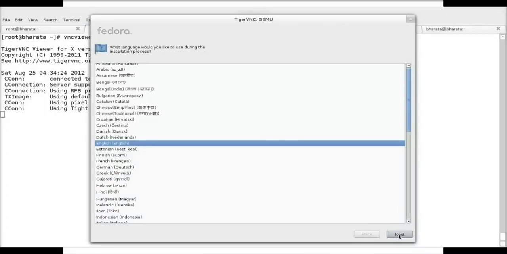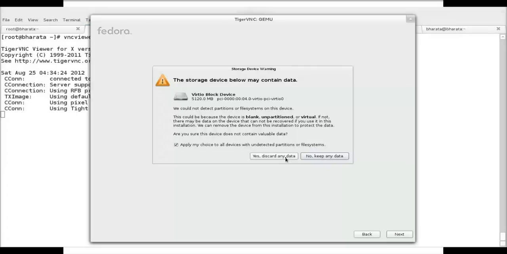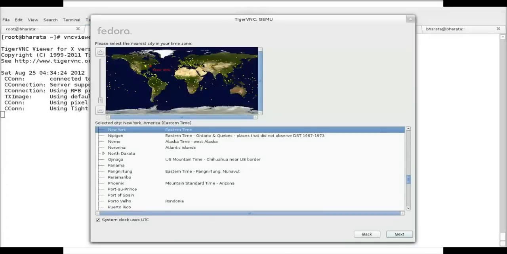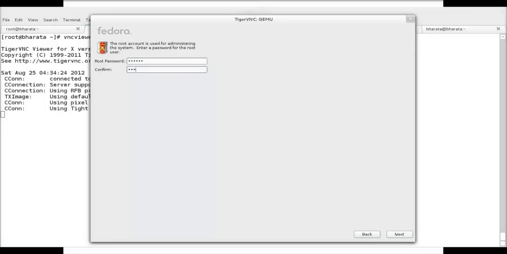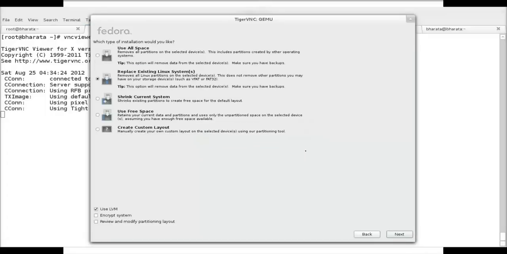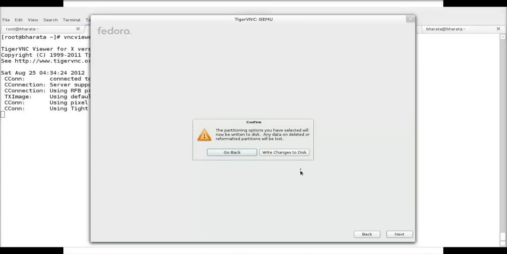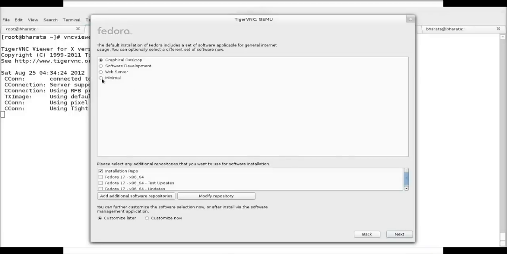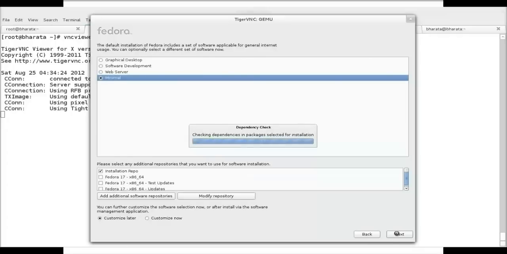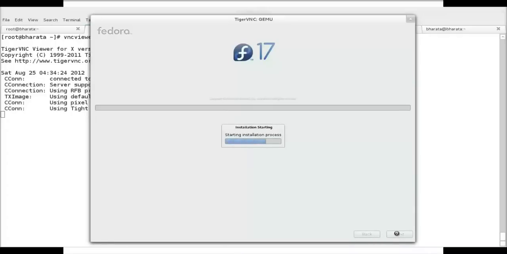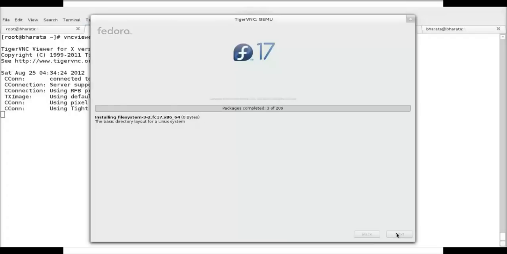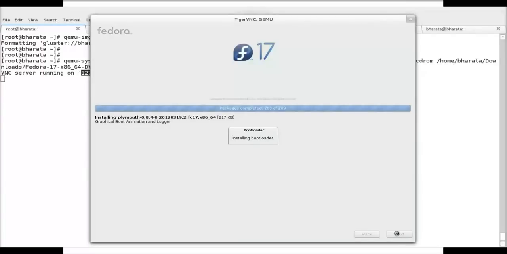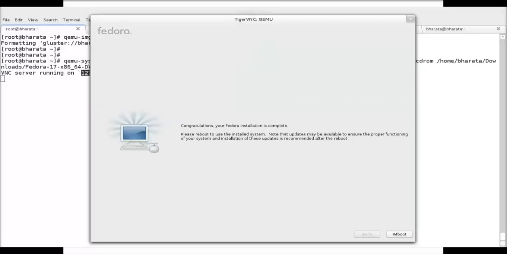Okay, these are the usual steps of Fedora 17 installation. Okay, the installation is complete. Let's reboot.